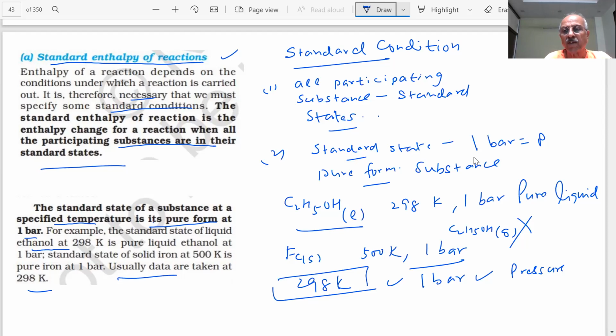And when we use standard state, what will we do, students? H we represent by this. This is a circle, students. This is change in enthalpy. Change in enthalpy, we are putting this. This delta H is not a standard value. But when I write the circle, this will be the standard enthalpy, under standard conditions. So 1 bar pressure, 298 Kelvin, students, note down, then I will go further.